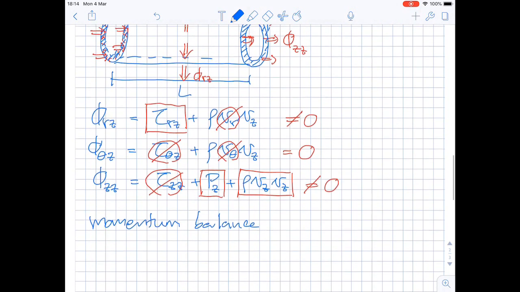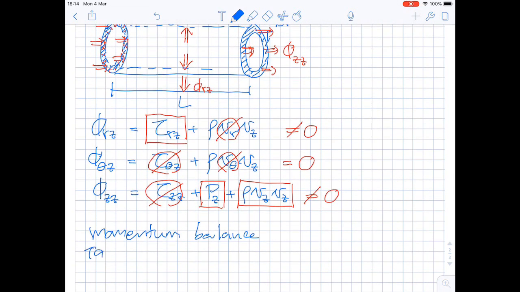If I call this the top and bottom surface of the shell, we can define the in term to be the flux relating to phi zz. So the flux of phi zz should start with pressure in the z direction at z equal to 0 plus bulk transport Vz